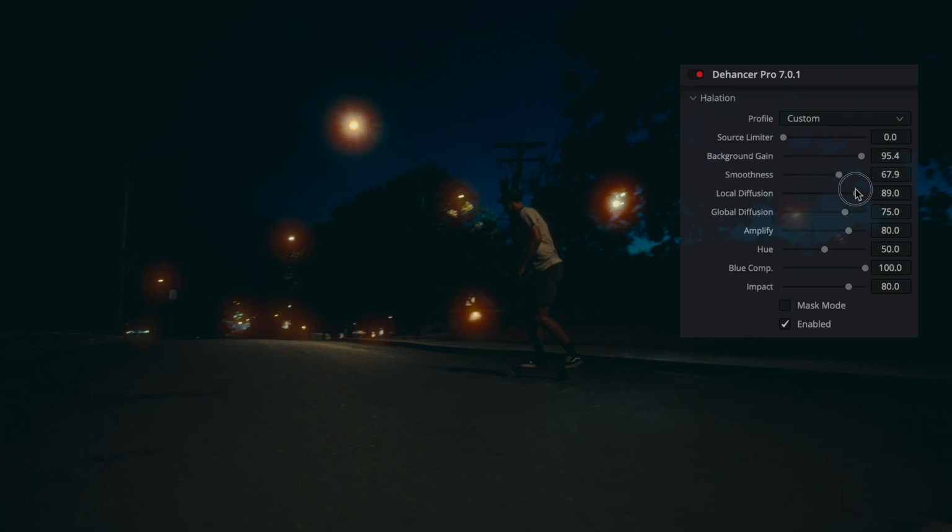The local diffusion slider will dictate how far the light spreads. The global diffusion slider controls the degree of secondary glare produced by scattered lights, affecting most low-contrast midtones. By increasing the amplify slider, it makes the effect more pronounced and shifts the halation color more to yellow. The hue slider is incredibly useful and allows us to better match the halation hues to the rest of the